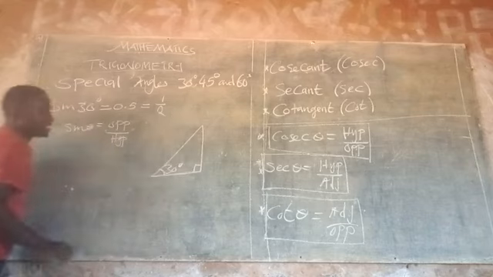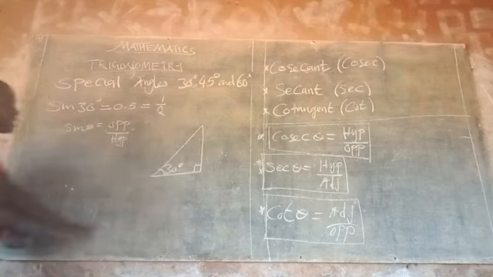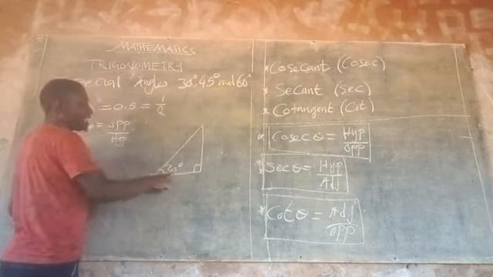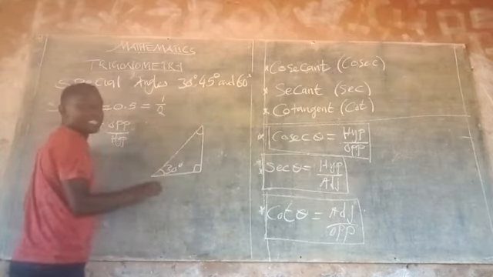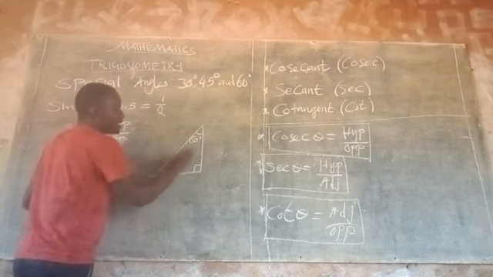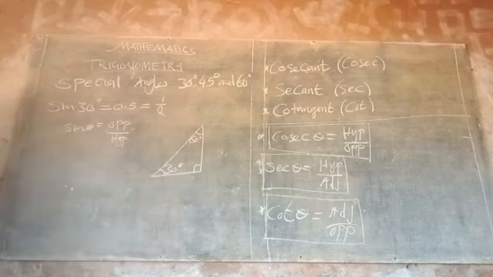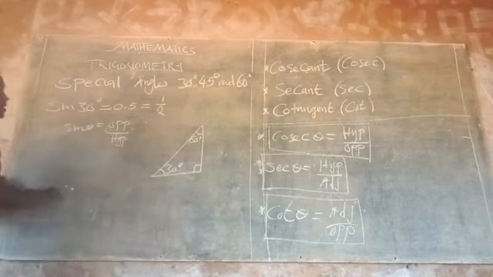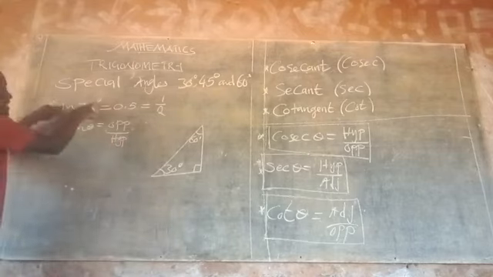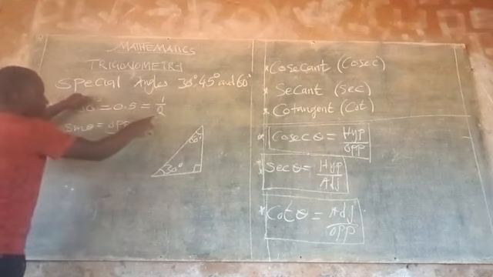Okay? Let this be 30 degrees. If I have 90 here, 30 there, then I know that this is going to be 60 degrees. Okay? This is going to be 60 degrees. Okay. So now, if you are saying that sine 30 degrees is equal to 1 over 2, and we are